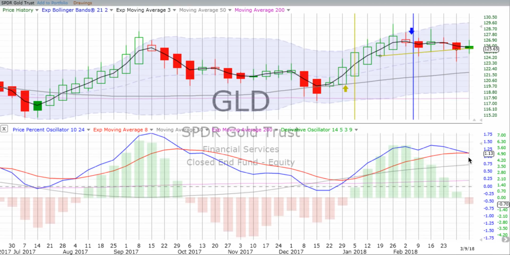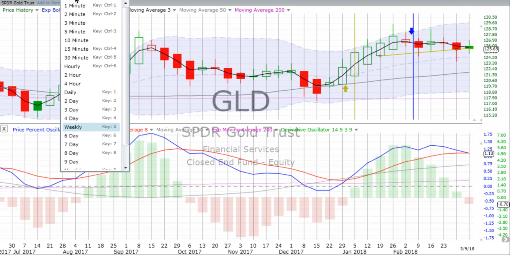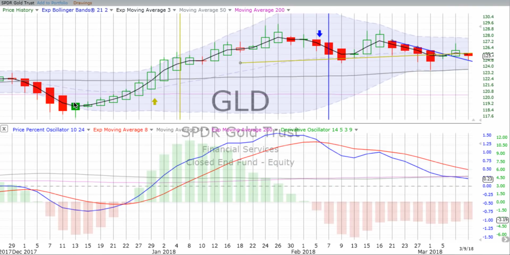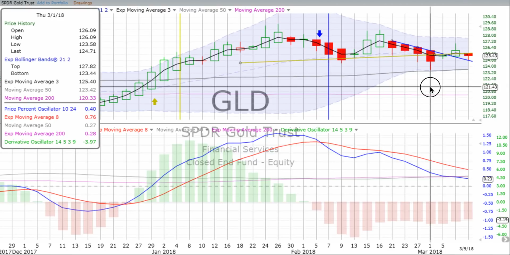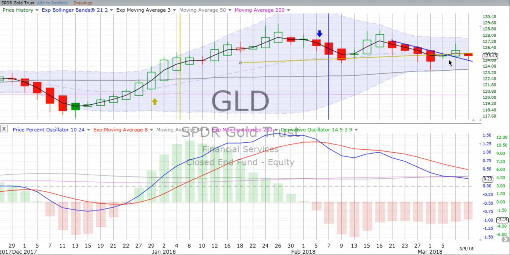Derivative oscillator did flip over into the negative. It was an up week as far as the Heikin-Ashi candlesticks go, a green spinning top. So again, up for the week. We look at the 2-day chart. It's still in a confirmed down move. Had some real strong down movement for an 8-day period ending the 1st of March. And then the latest candle is a red down candle. And again, the 2-day is still in a